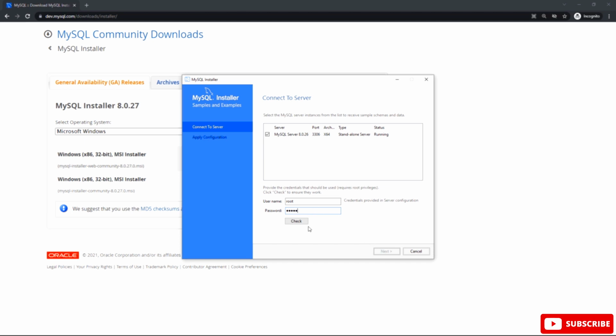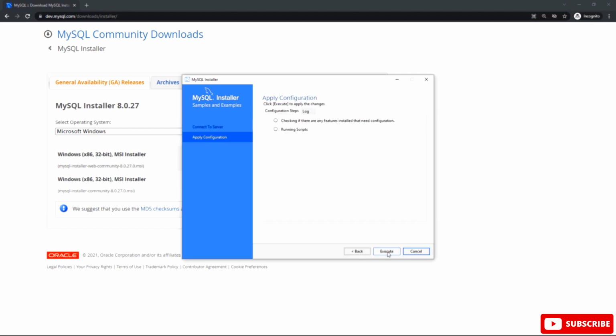Hit check after typing the password in this field. You can see the connection succeeded. You can hit next, then execute. Now you can see the configuration operation has completed successfully. You can hit finish to complete this process without any problems.